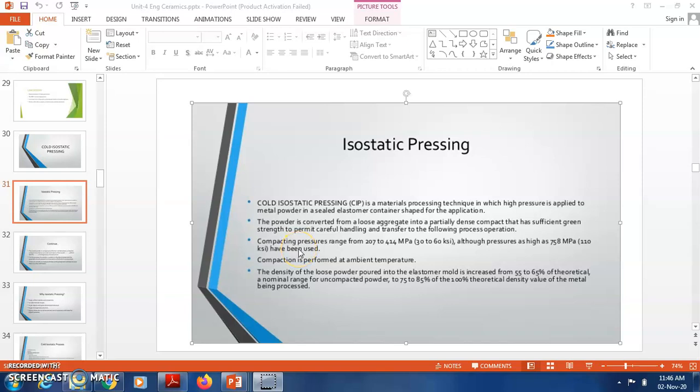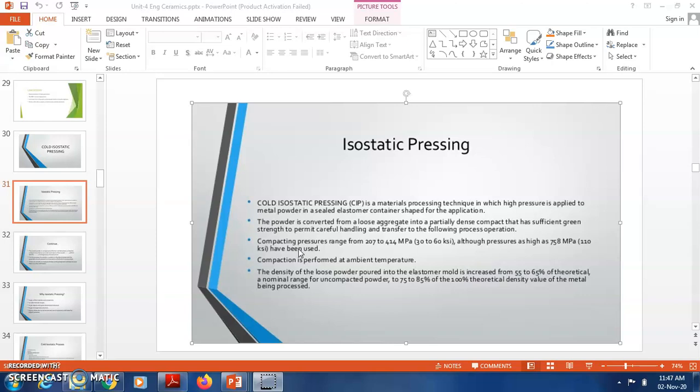In this video, we are going to see cold isostatic pressing. It is a material processing technique in which high pressure is applied to metal powder in a sealed elastomer container shaped for the application. The powder is converted from a loose aggregate into a partially dense compact that has sufficient green strength to permit careful handling and transfer to the following process